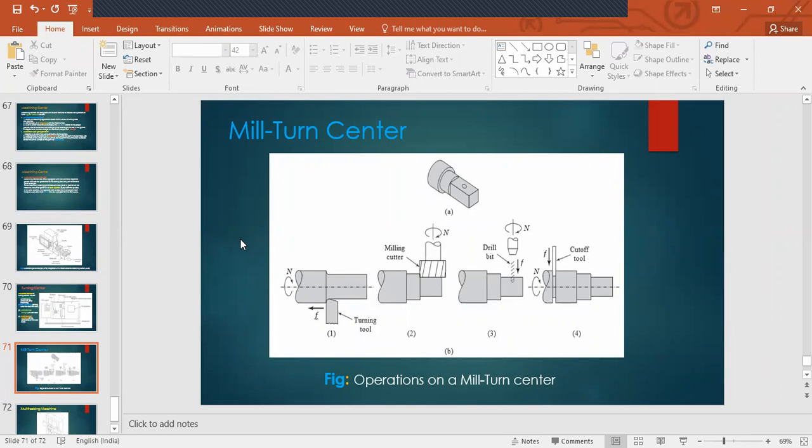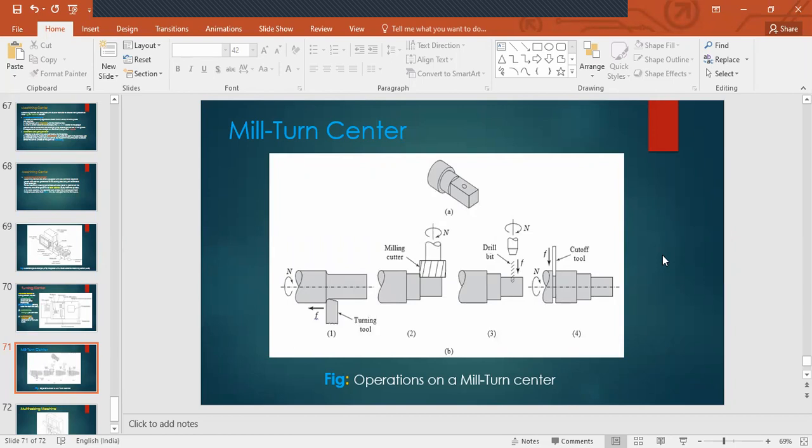That's what is there. Another thing, yes, this is only limited to small diameter parts. You cannot handle higher diameter parts, that's the limitation. But for smaller parts, this is the best machine if you want to go for both. If your products have both milling and turning features, then it is better to take a mill turn center so that you can handle it on just one machine. Therefore your setup time would be reduced, and productive time will be increased.